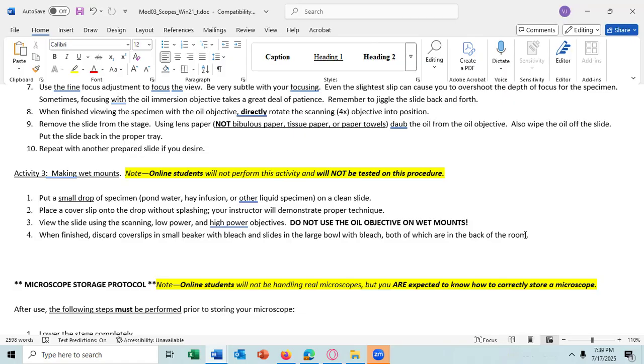Usually you use a cover slip. You may put a small amount of, what is that called? Vaseline jelly in a circle. Put the specimen in a drop of water or drop of media in the circle of Vaseline jelly, and then put on a cover slip, and then look at it with the microscope. So you should go through activity 3 if you haven't made a wet mount.